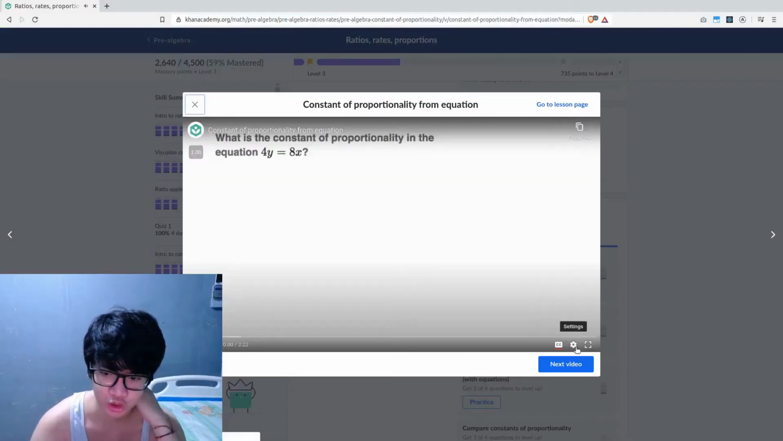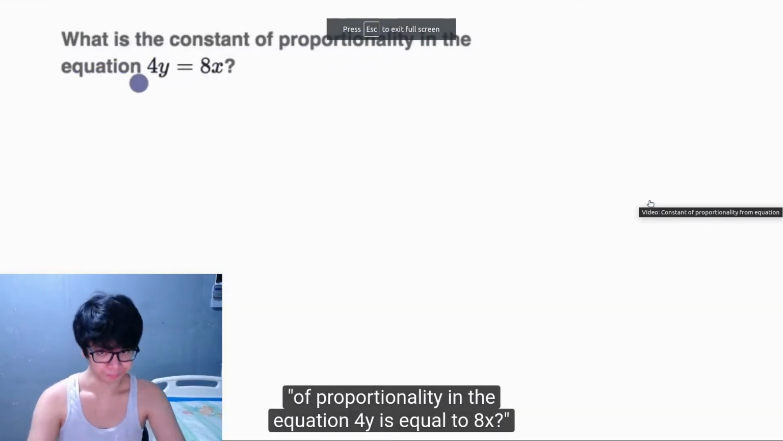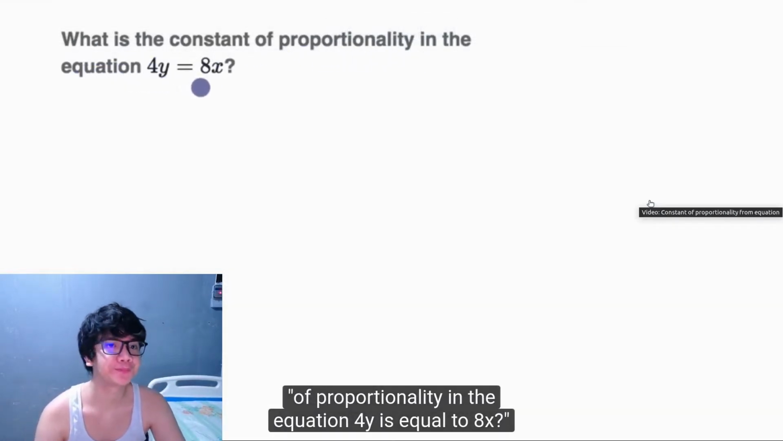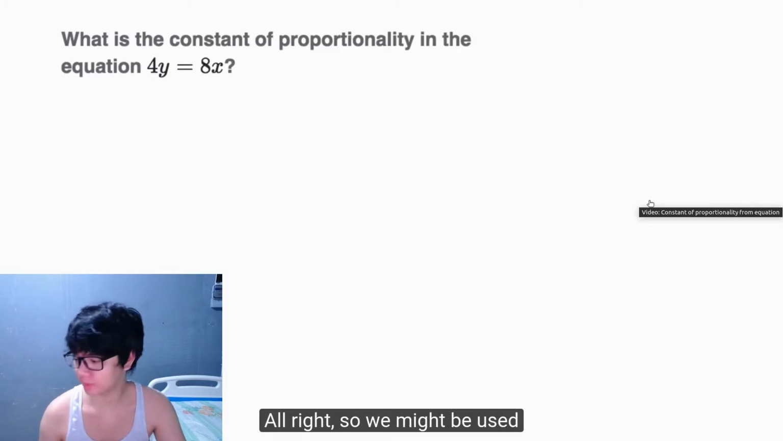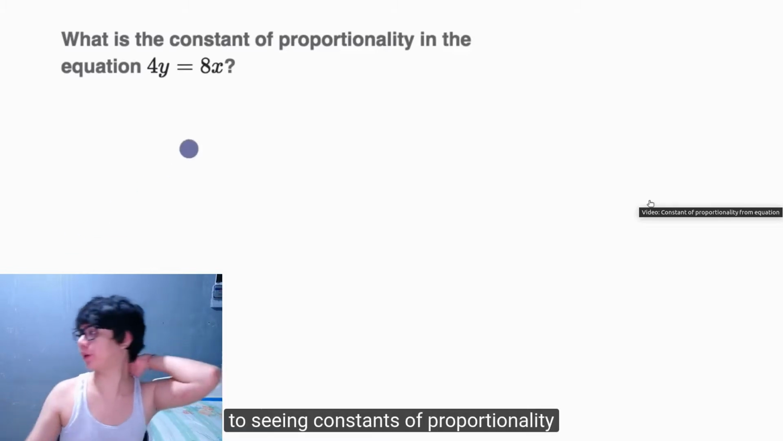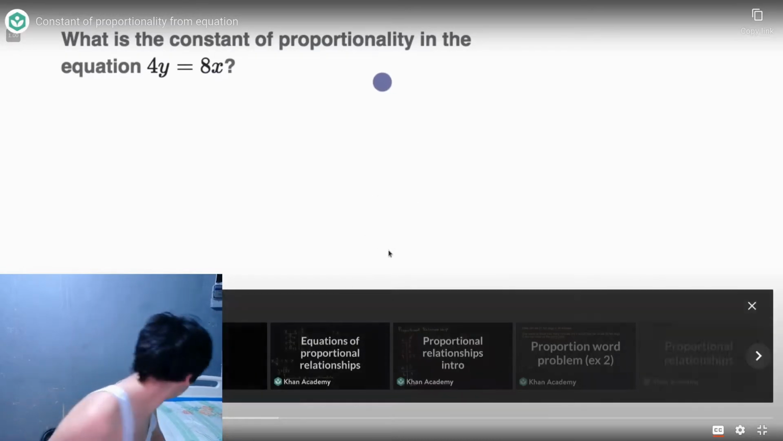This is strange looking. We are asked, what is the constant of proportionality in the equation 4y is equal to 8x? Pause this video and have a go at this question. Alright, so we might be used to seeing constants of proportionality when we have equations in a slightly different form. A constant of proportionality